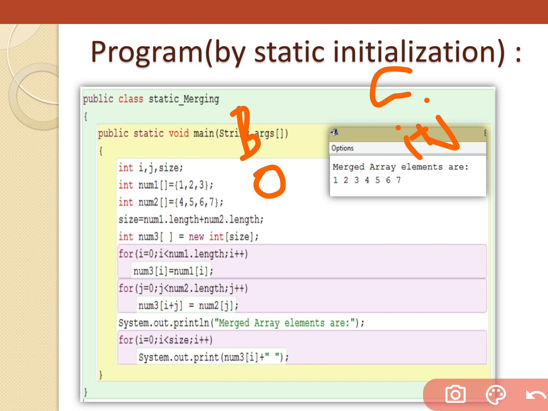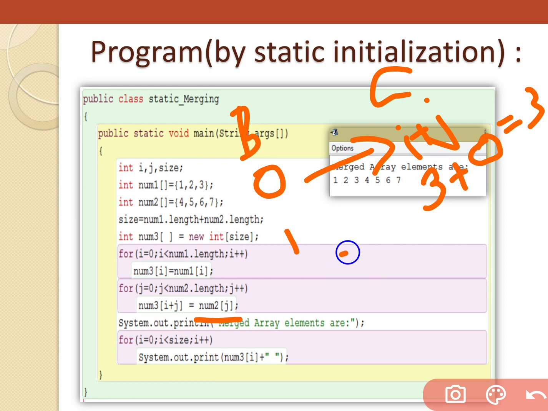I is 3 and 3 plus j is 3 only, so the 0th element of B is stored in the third location. And when I write 1, we store the next element of the second array in the third array.